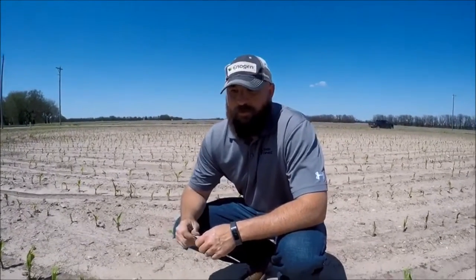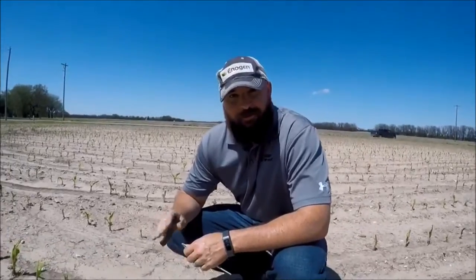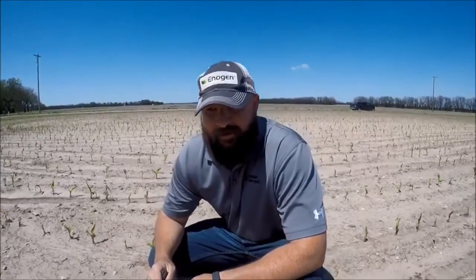We're in a field that has had some fairly severe hail damage. This is young corn, largely in the 3 to 4 leaf stage when it was hailed, and we're out here trying to assess how severe the damage is and if the stand is worth keeping. This field was planted about 4 weeks ago, so we're well into the season, and to replant now is something we'd rather not do this late in the season, but we really need to assess what we